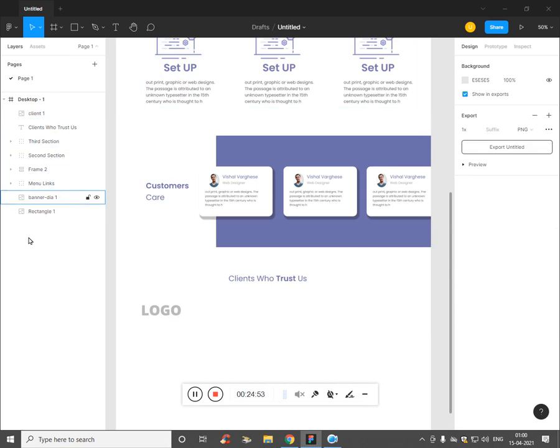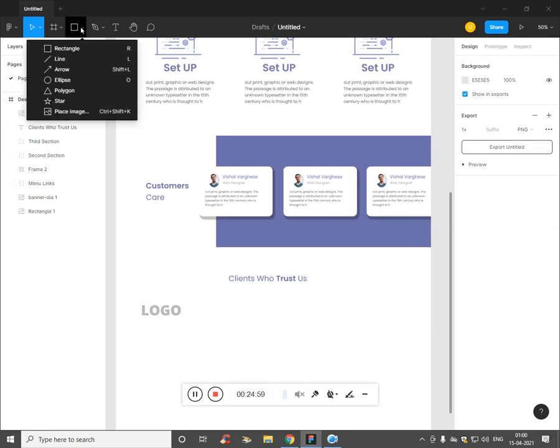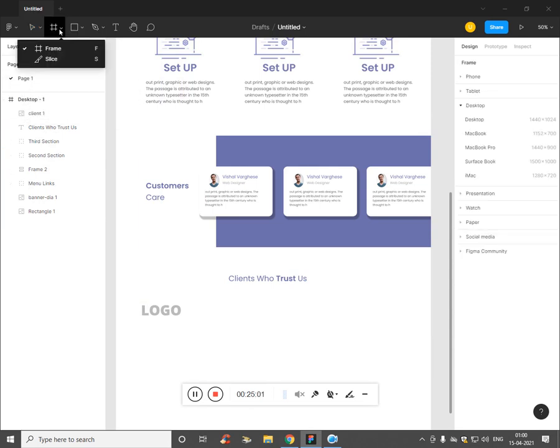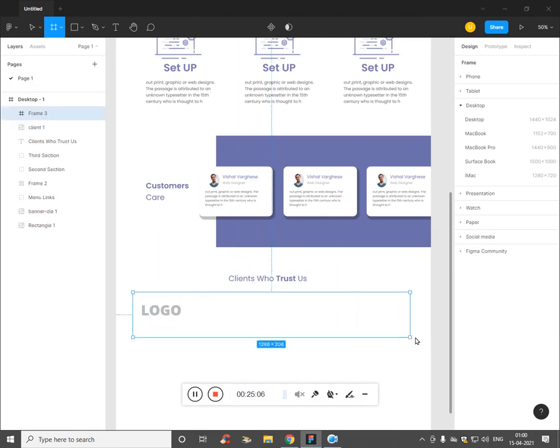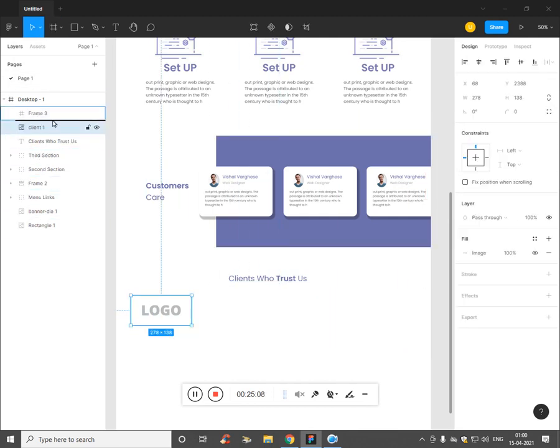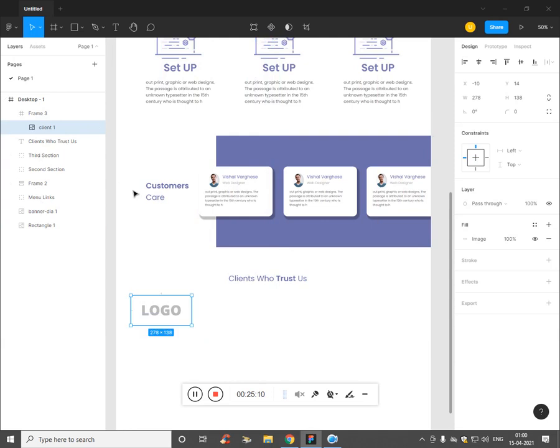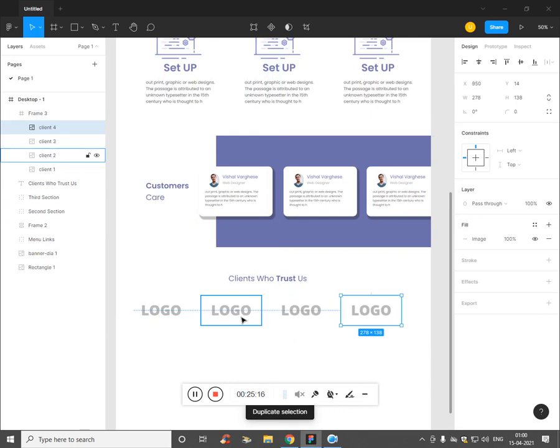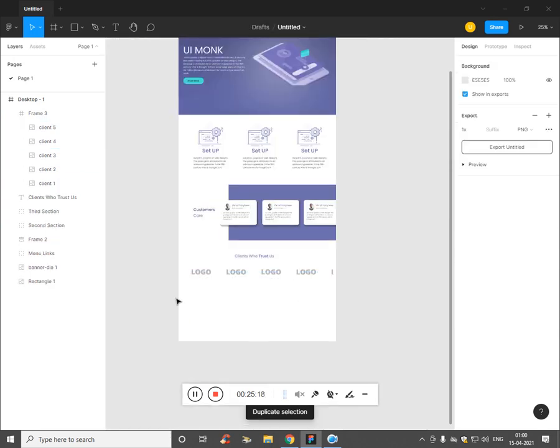Now if you remember, we'll use the frame. Select the frame and add this client inside the frame. Now press D, press V, press D again, again, again.